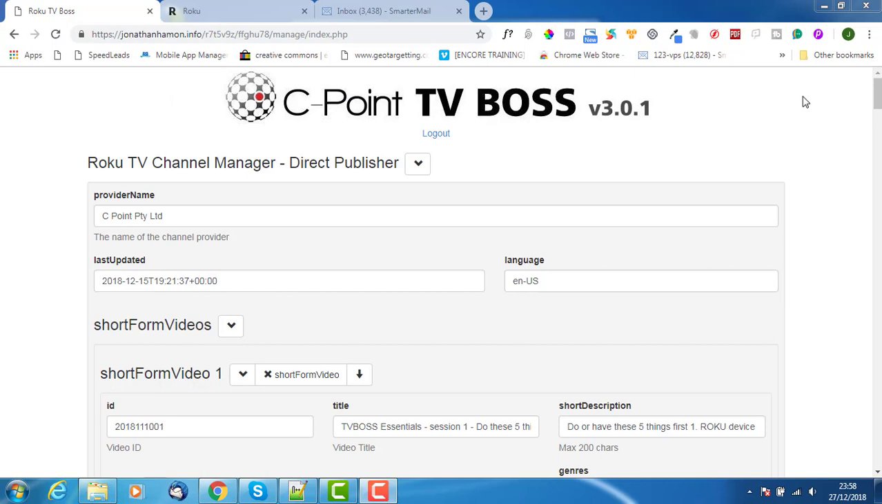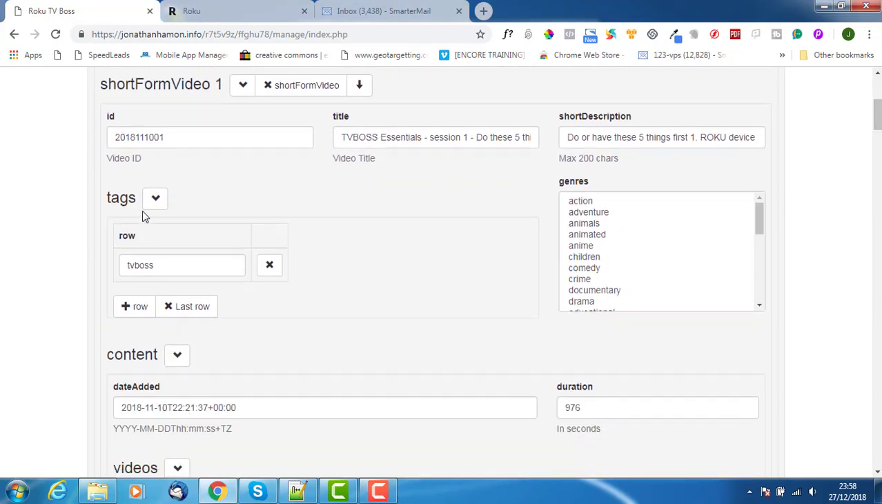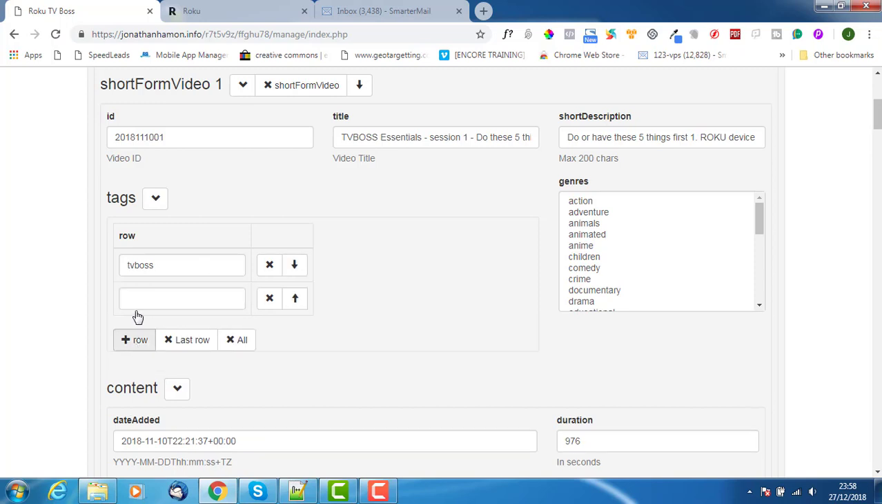In this video I'm going to show you how you set up your categories inside of the Roku backend developer section. This is based on what you set up inside the TVBOSS software as your tags. If you want several categories, then you obviously need to add additional rows in here to be able to do that. So I'll just add another row just in this first video, and we'll call it